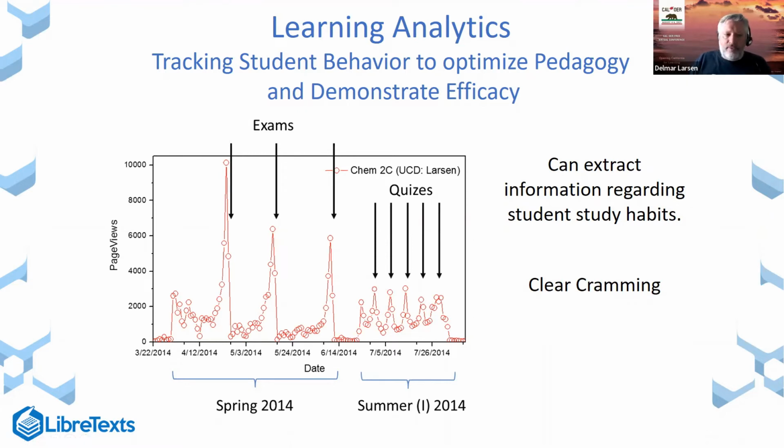This is the aggregate page views per day. And we saw this behavior that's actually characteristic of all books that we put out there, subject to a certain constraint. And the key aspect is that we see cramming right before exams, which is not surprising, but now we had a number off of it. And I could even tell you that it had an impact of about 10% lower performance for the students that crammed versus the students that didn't cram. What I'm interested in is what's the